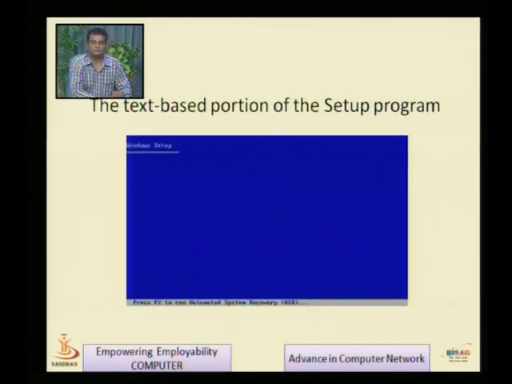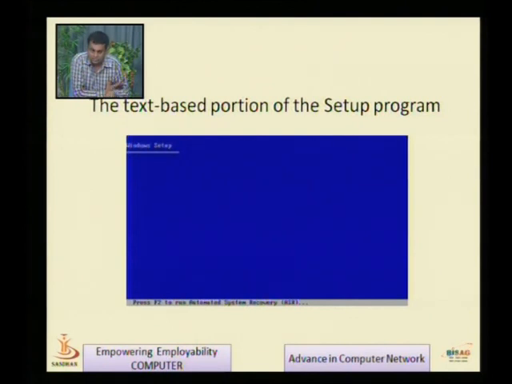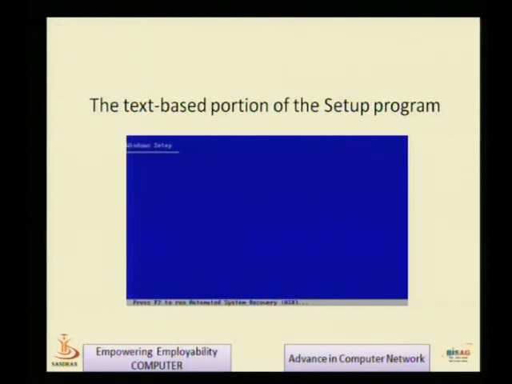Now another one is, after the installation process, it also gives the information, press F2 to run automated system recovery. That automated system recovery is useful if you have previously installed the server on your machine. For example, I have Windows 2003 server on my machine and some problem occurs on my server. At that time I have to reload it, then I can use the automated system recovery by pressing F2.